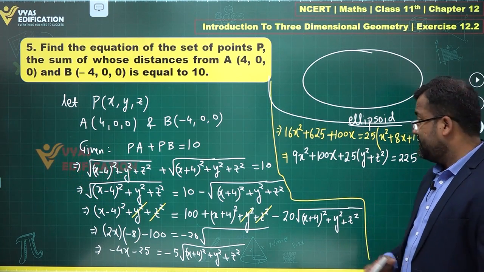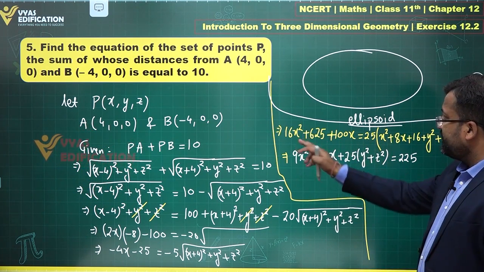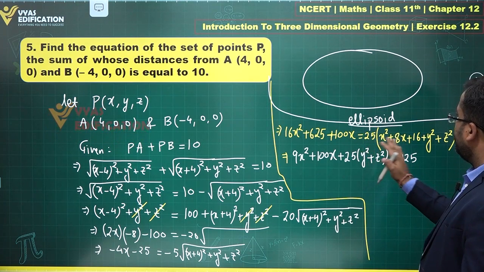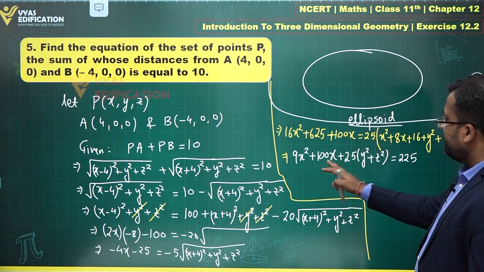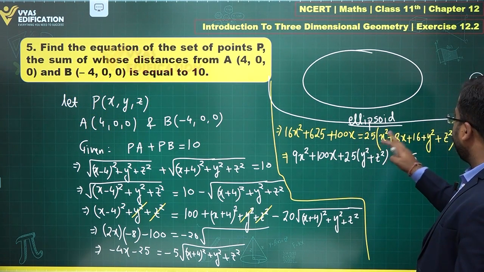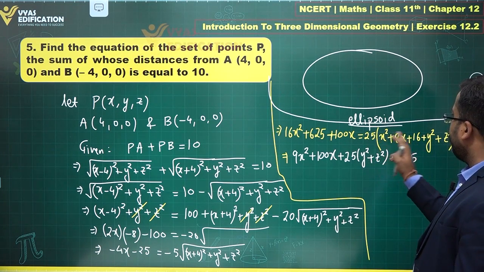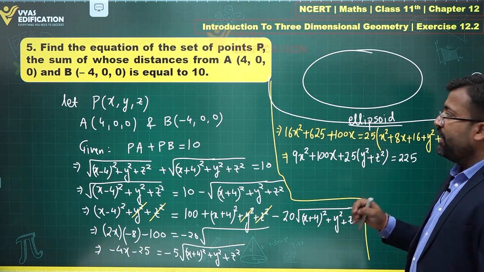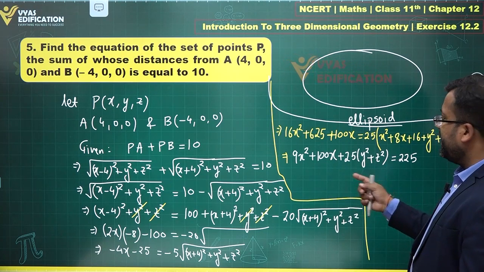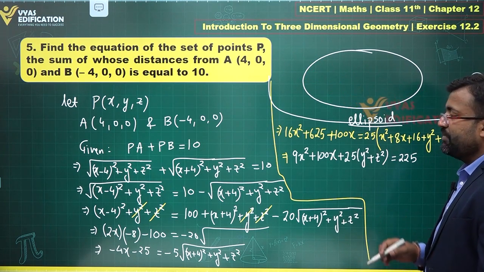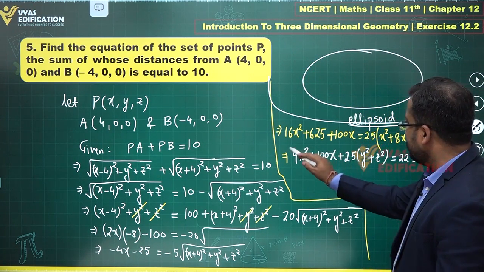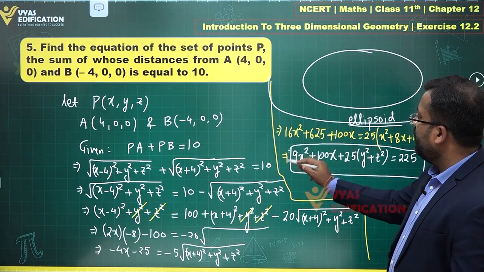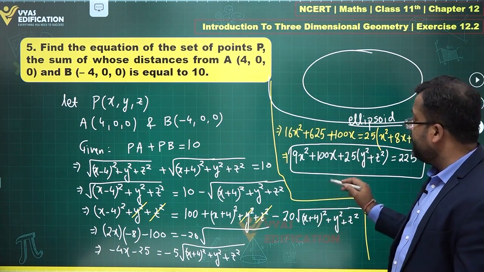Right? Is that okay? Yes. That looks pretty much okay. 25x squared minus 16x squared is 9x squared. 25 into 8 is 200 minus 100 is this. Then you have 25y squared, 25z squared over here. 25 into 16 will be 400 and minus 625 will be minus 225. That will remain on the right hand side. That will become 225. And this here is the final answer of the required set of points P, as you